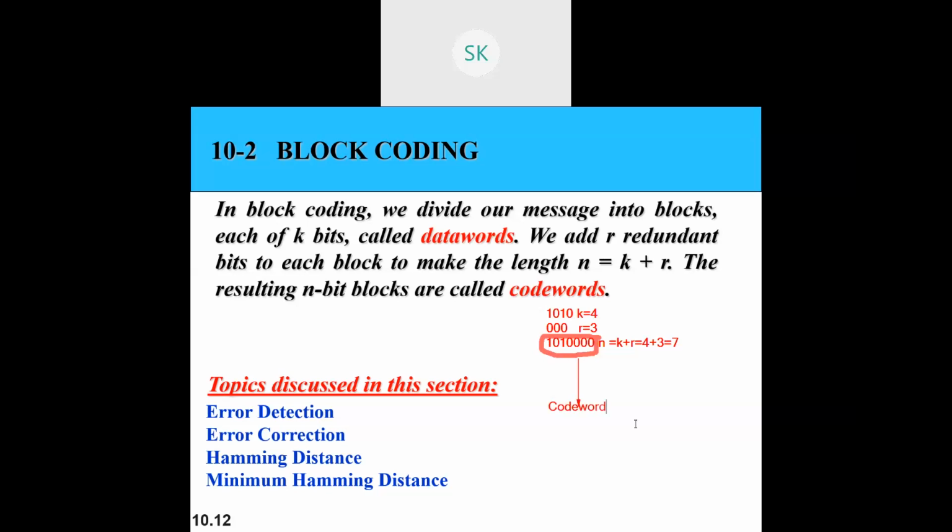What is a code word? A code word is nothing but the combination of your data bits plus redundant bits. If you combine them and make it a huge block, then that block is nothing but your code word.